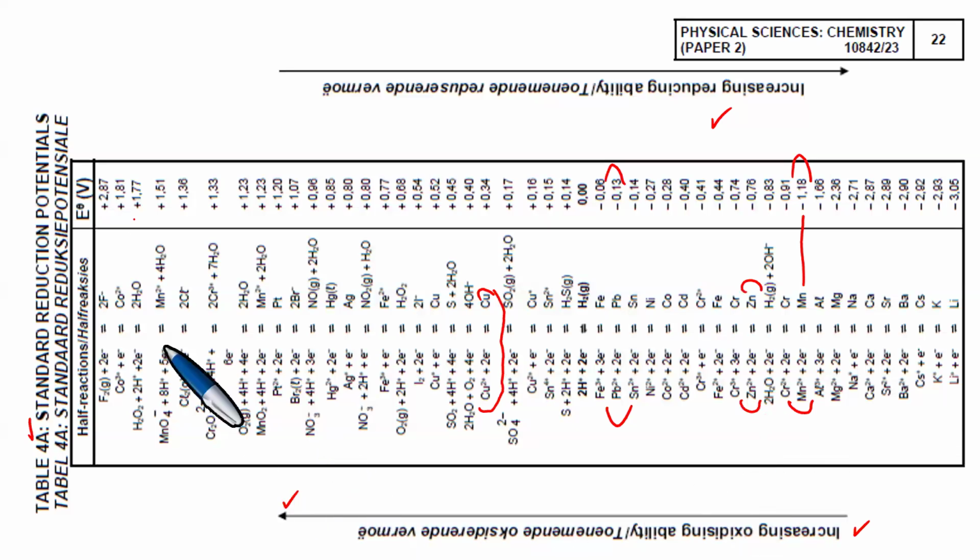What we're able to see is that this is the top of the table, and the arrow is going up towards the top of the table. This is increasing oxidizing ability. And if you go down, it's increasing reducing ability. So zinc, because of this, you need to compare the strengths. Right, so now we know that zinc is a stronger